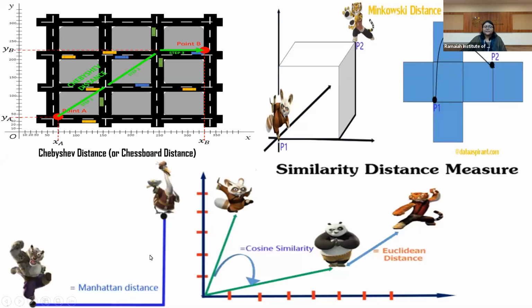The next one is the Manhattan distance. That means these two objects are here. If you want to connect them, this takes the form of x and y coordinates. If this is your x and this is your y coordinate, it cannot go directly. Rather it will cover the x coordinate till here and then it will cover the y coordinate. So this is your Manhattan distance. Now coming to the Chebyshev distance, which is also known as the chessboard distance.